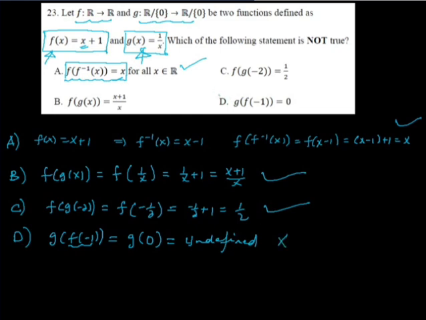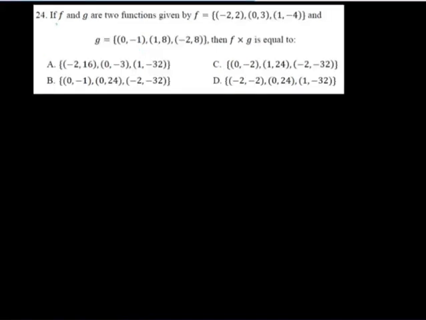So D is the wrong statement about f and g. If f and g are two functions given by f with these ordered pairs and g with the given ordered pairs, then f times g is equal to,